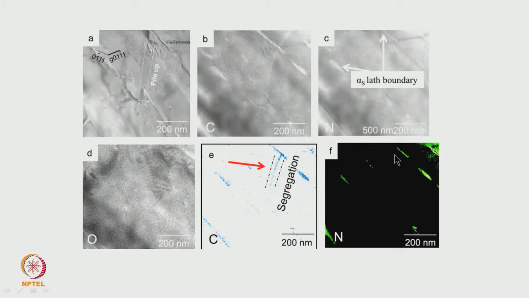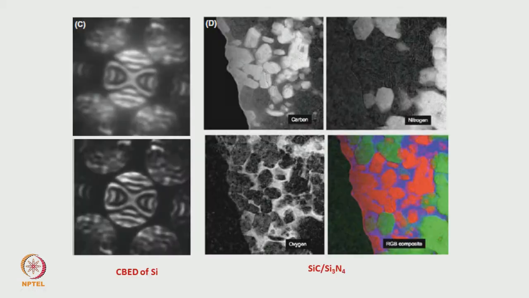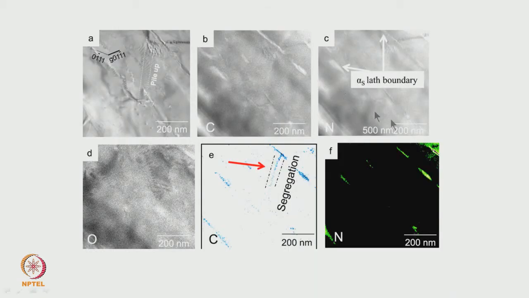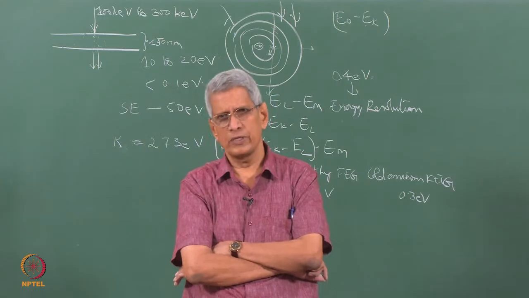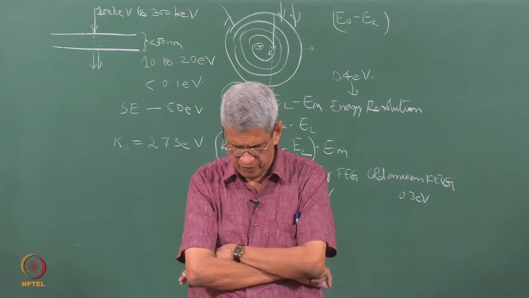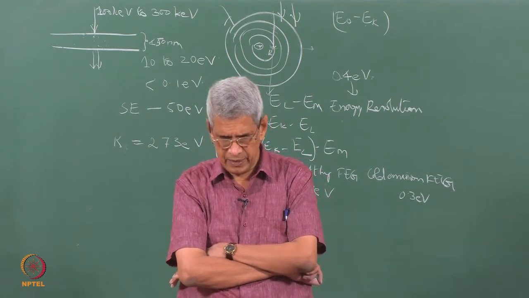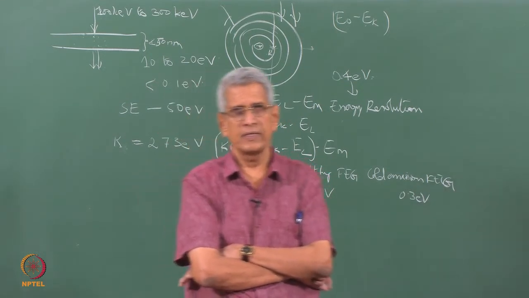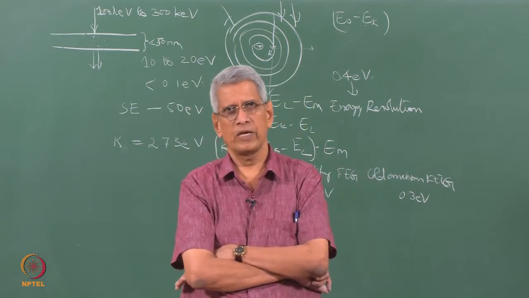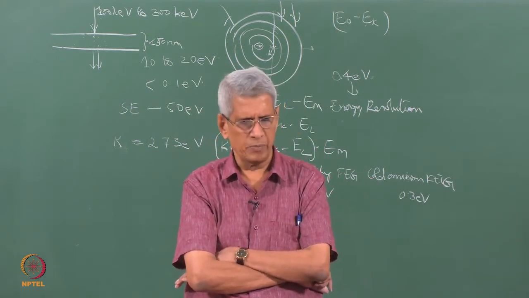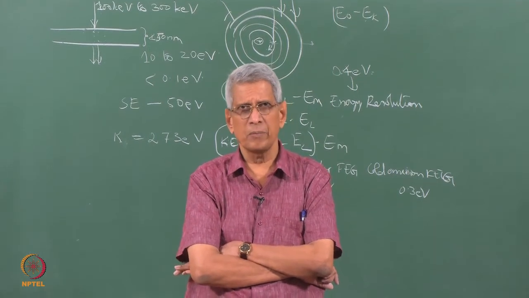In fact, we have used this microscope. Just one example which I am taking is to find out how carbon, oxygen, nitrogen, all these elements are distributed in a sample which undergoes what we call DSA, or serrated yielding, that is what we call the dynamic strain aging behavior. What is dynamic strain aging behavior?